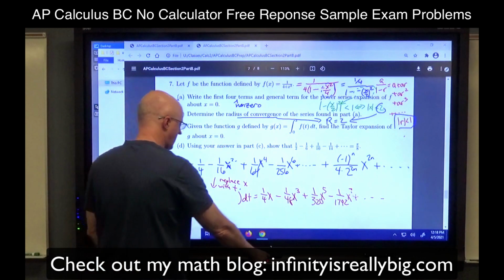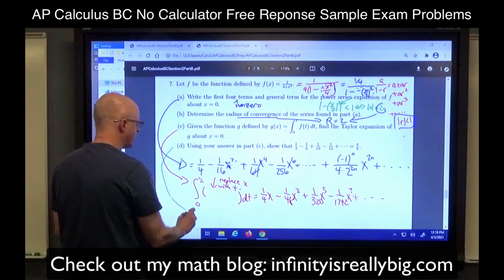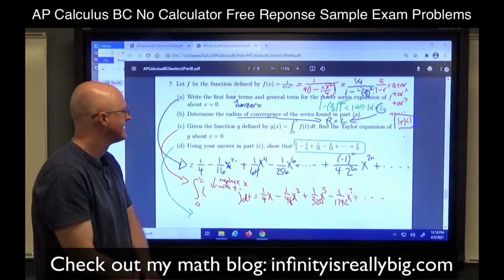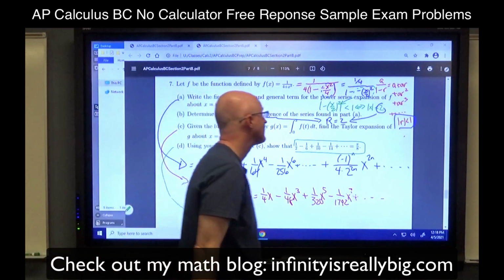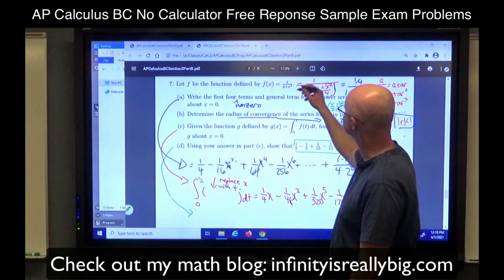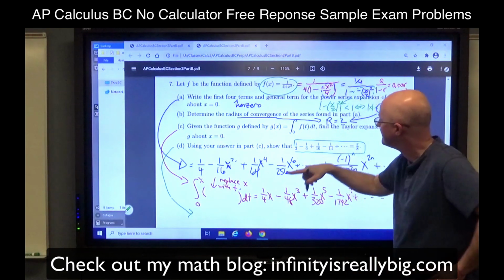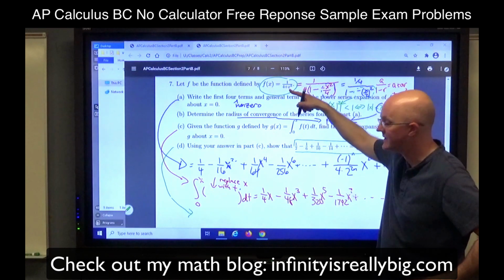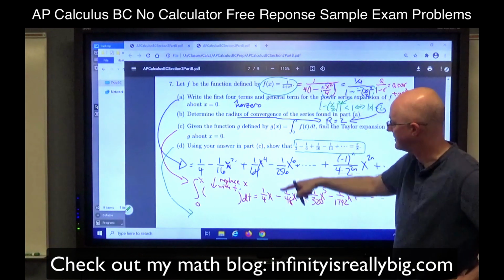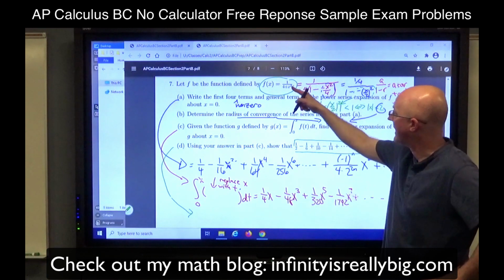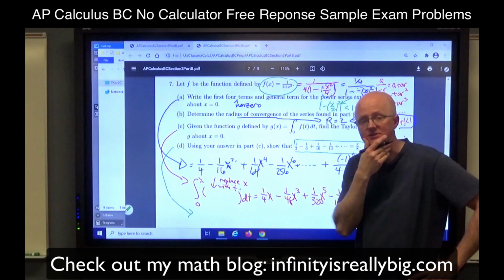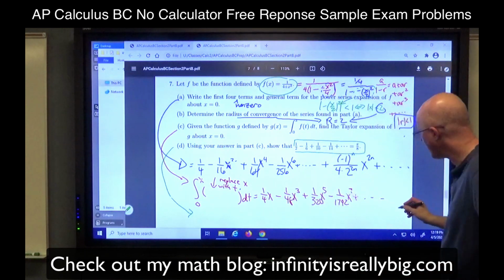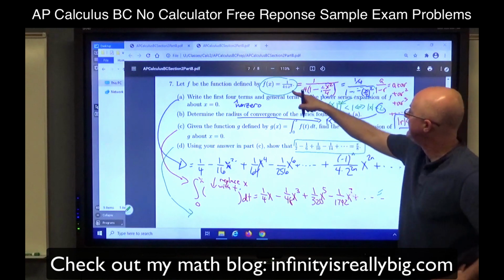D is the hardest part as far as conceptually speaking. Use your answer to part C to figure out that this is true. What? Where in the world does that come from? That's the trickiest part. The key to seeing it is to realize that this function equals this, and so therefore the integral of this equals this. This function is what's in blue. The integral of this function is what's in red. But the integral of that function done another way would involve the inverse tangent function, arctangent. What we've got here in red should equal antiderivative of that,